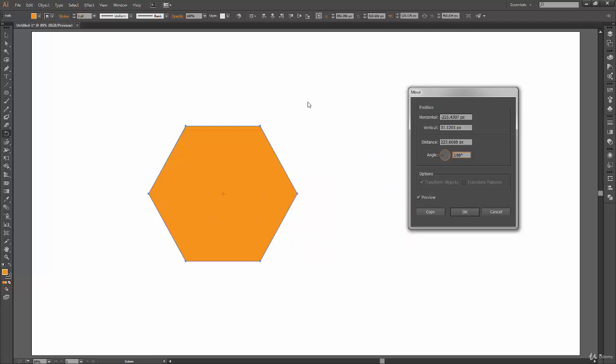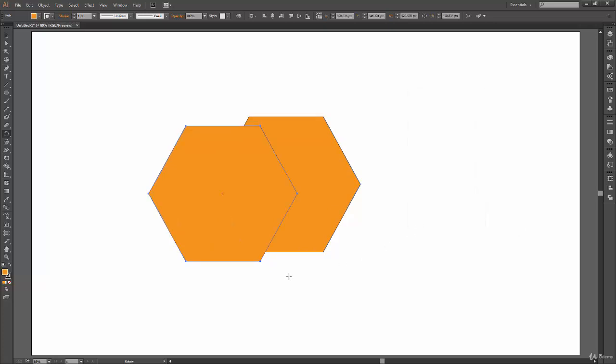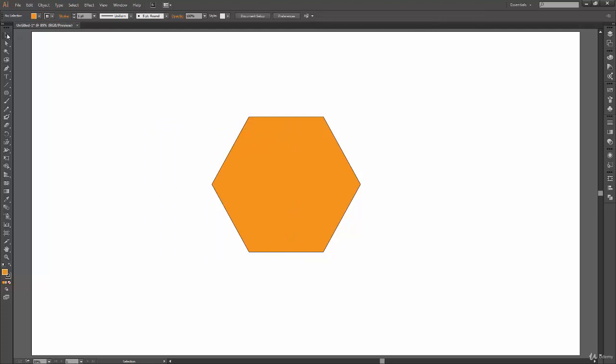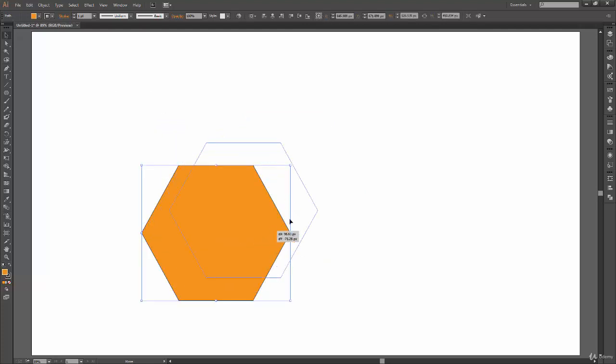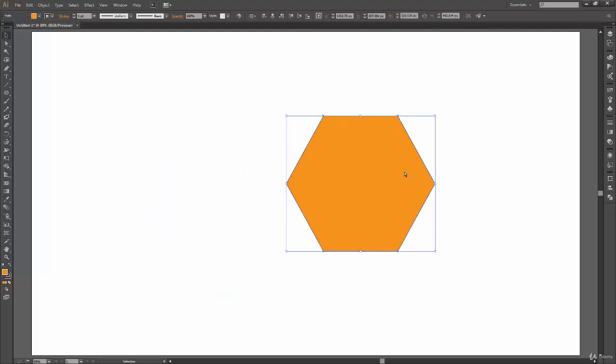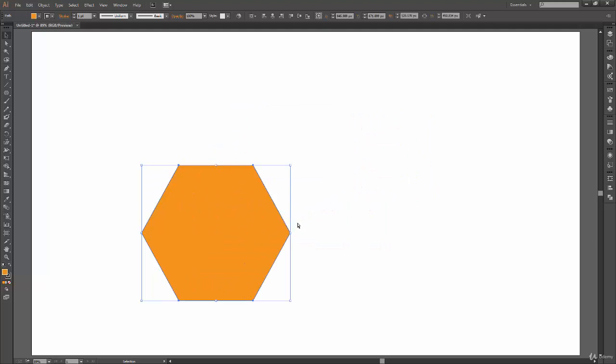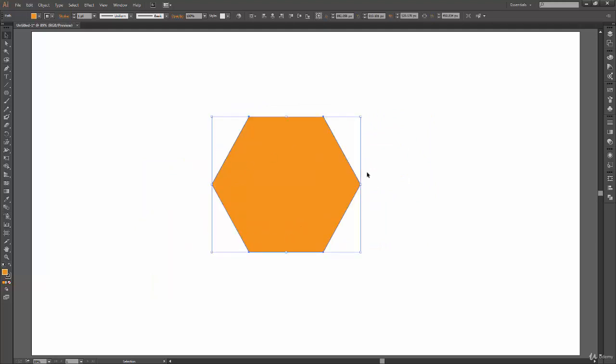When you are satisfied with your transformation, you can click on OK or click on copy. You can see that this is the transformed shape, the one we have moved right now, and this one was the original. But instead of using this option, I mainly end up using the selection tool itself, because it is way more convenient than right clicking on the shape, going to move options and moving it from those values. But there is an option and we should know that something like that exists.